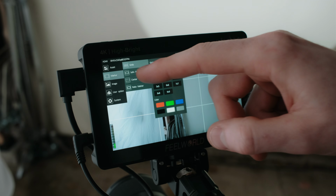I think the other thing, it does not have an auto flip or auto mirror feature. So if you are filming yourself and you turn the monitor upside down or around with the swivel mount, you actually have to go into the menus and tell it to reverse the orientation. Again, this isn't necessarily a con for everybody, but it was very different for me coming from the Andy Cine